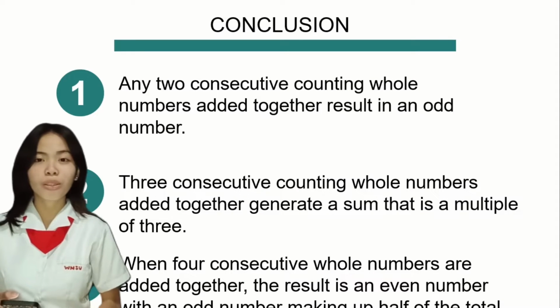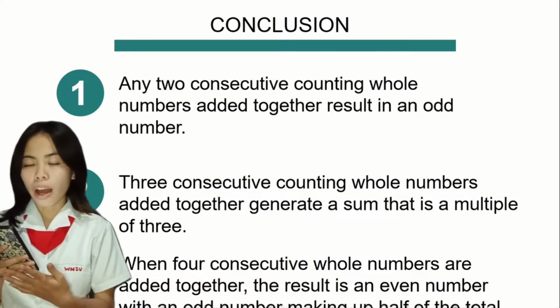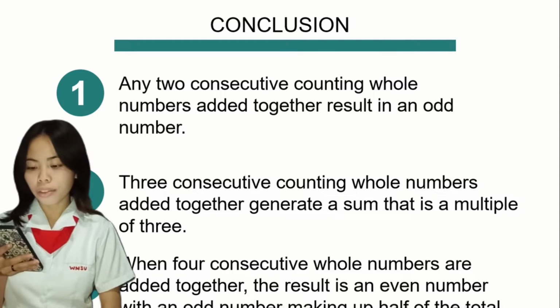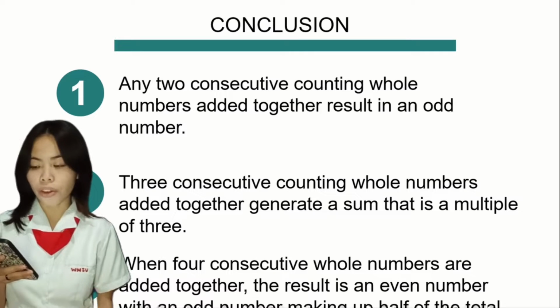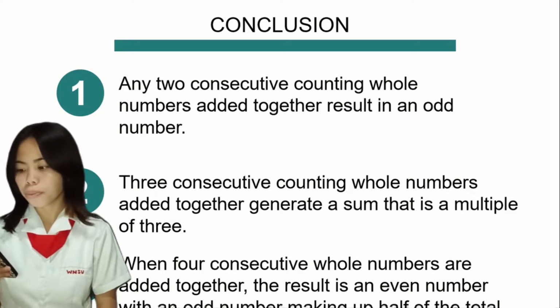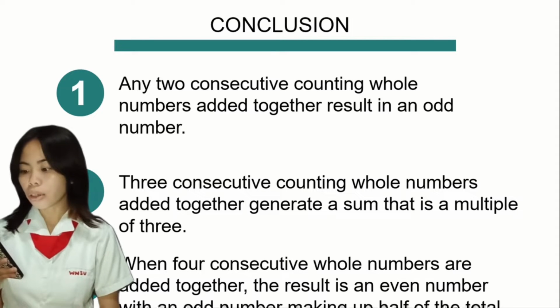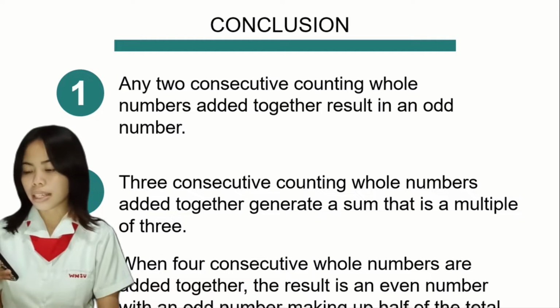So now we are down to our conclusions. So our first conclusion: any two consecutive counting whole numbers added together result in an odd number. For our conclusion number 2, three consecutive counting whole numbers added together generate a sum that is a multiple of